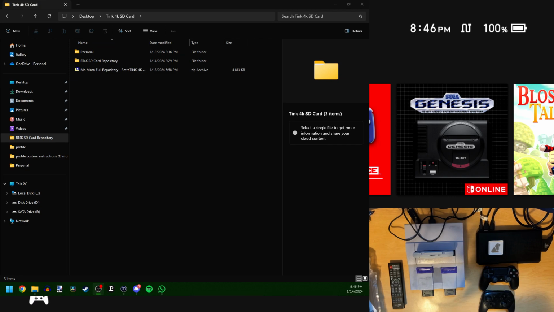The wiki is really good because it has all of the features that you might need and everything that you will need to learn to use the RetroTINK 4K efficiently. But today, I'm really just going over some quirks about profiles and how to use them and how to start doing everything. The thing you need to know about profiles is that profiles are included with